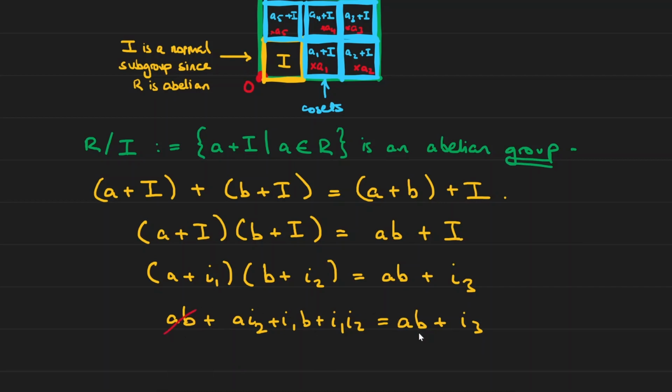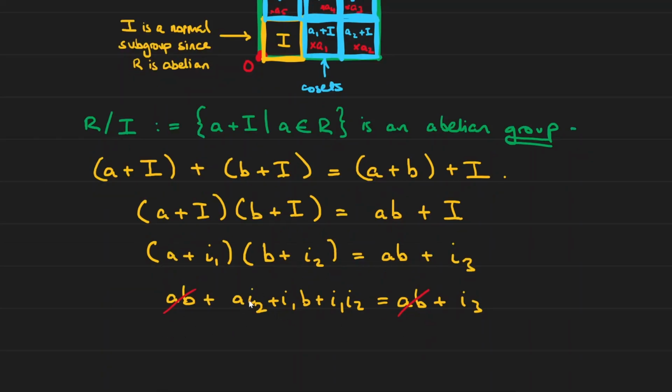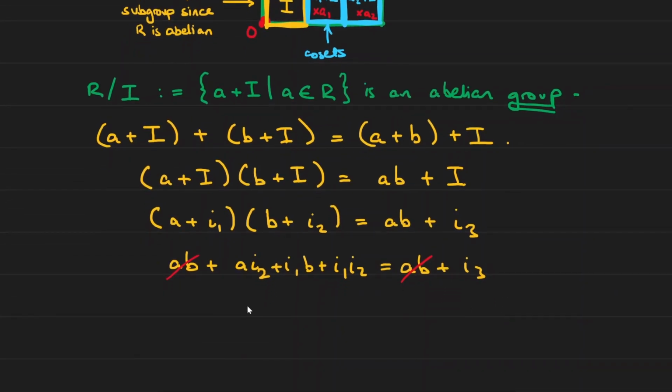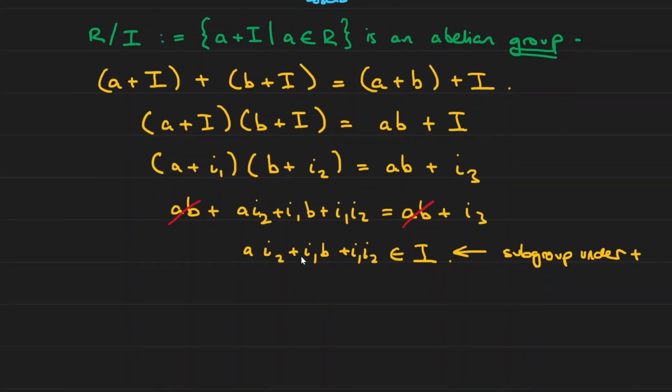These ABs here are going to cancel. And essentially what we're left with is that this left-hand side is equal to some element in your subgroup I. Or alternatively, we can just write this as AI2 plus I1B plus I1I2 is an element of I yet again. But I over here is a subgroup under addition, which means in order for this expression to be inside of this subgroup I, each of these terms must already be in I, because addition is closed inside of I. So we require that A times I2 is in I, I1 times B is in I, and I1 times I2 is